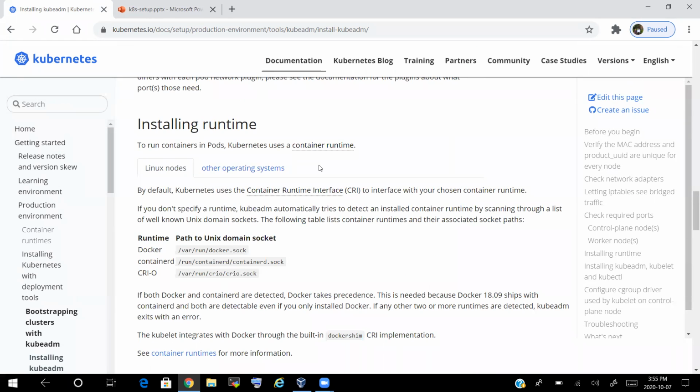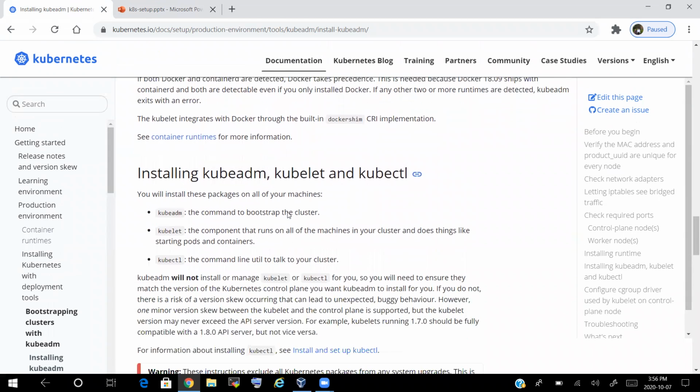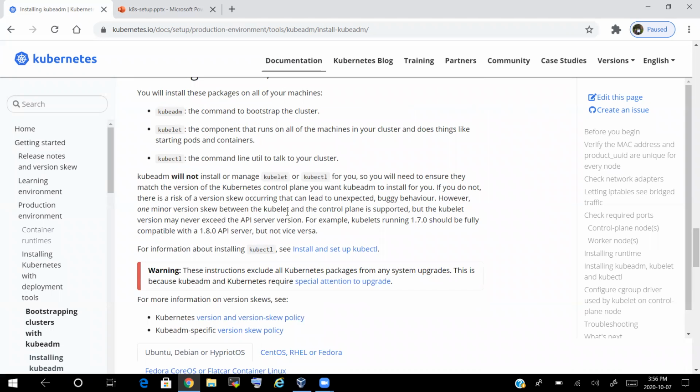After that, as I told you, in the backend for Kubernetes, Docker is not the only container runtime interface which is supported. We have other container runtime interfaces which can be used for Kubernetes. We will discuss this part in the next video, as I don't want to club everything into one single video. In the coming videos, I will tell you how to use a different container runtime interface without using Docker for Kubernetes to launch the applications. Right now we will go with Docker as the default backend container runtime interface.